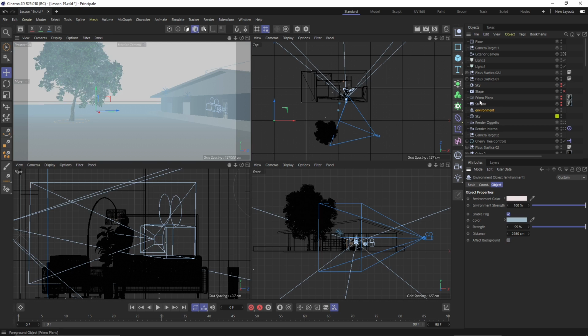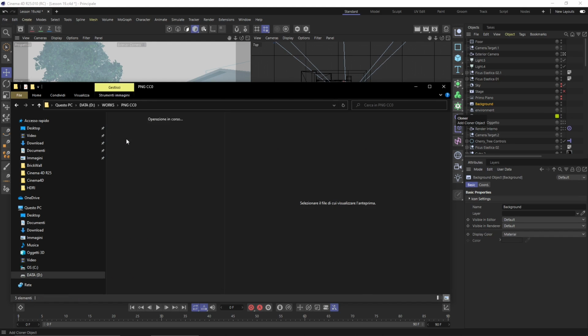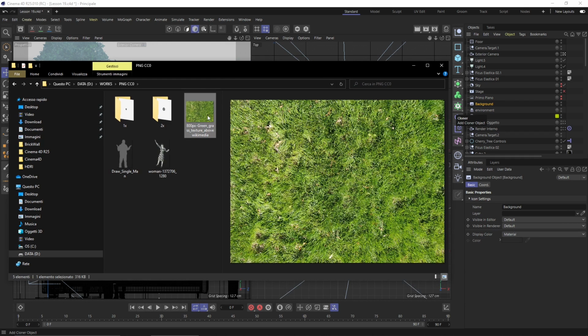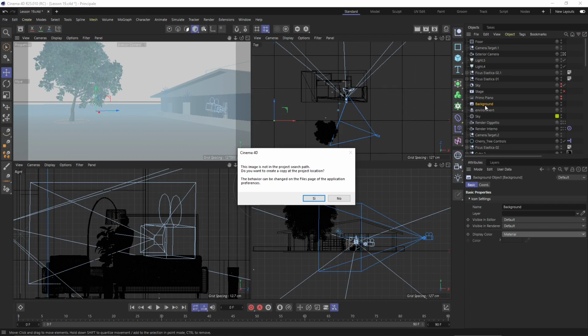The background. So when you create the background, it's going to look like this. It's going to be empty. So what you need to do is to place an image inside. Now I'm just going to show you here a simple image. So I will click that and drag it directly into the background element, just right on